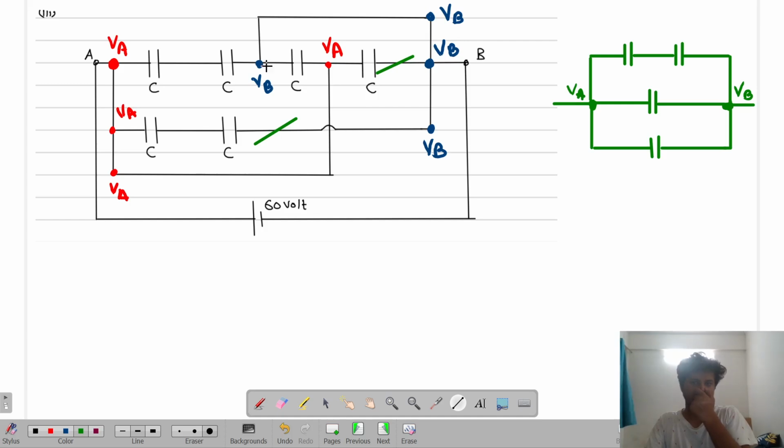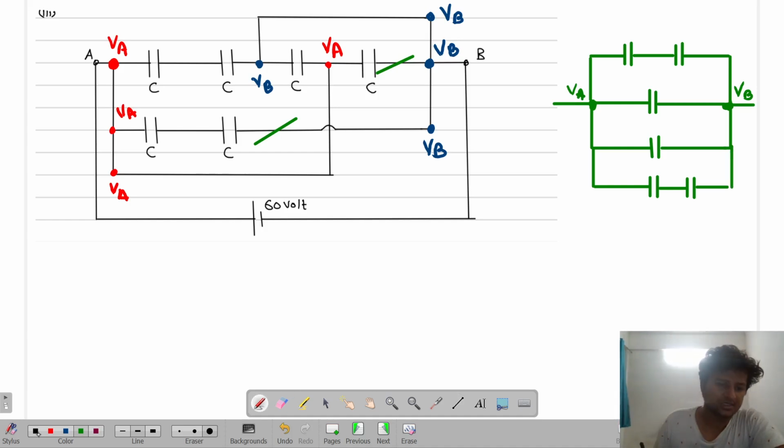And then you once again see two more capacitances are there. So you got the whole circuit or not? Which one was looking as tedious, now it is what? It's just a simple parallel and series arrangement, isn't it? That's what you have to do always. Mark the potential, and then you just write the capacitance. So this is C, this is C, this is C, this is C, this is C and C.